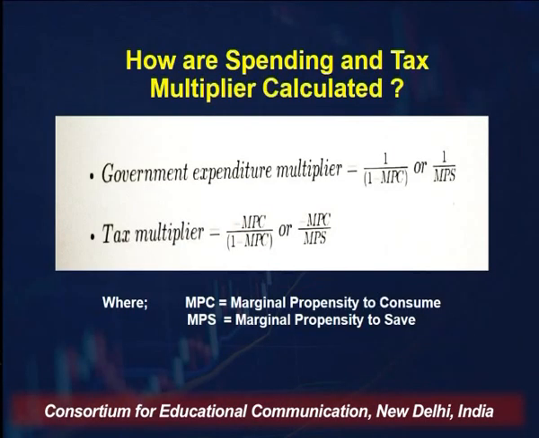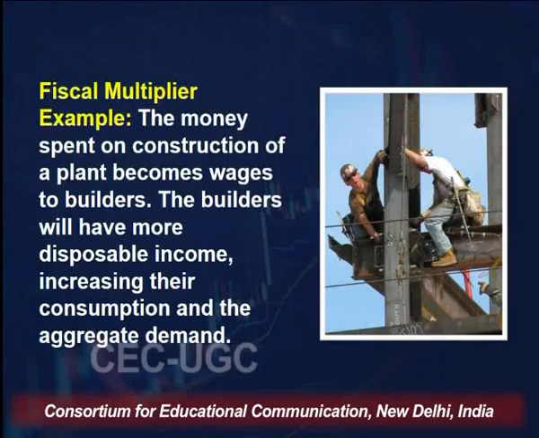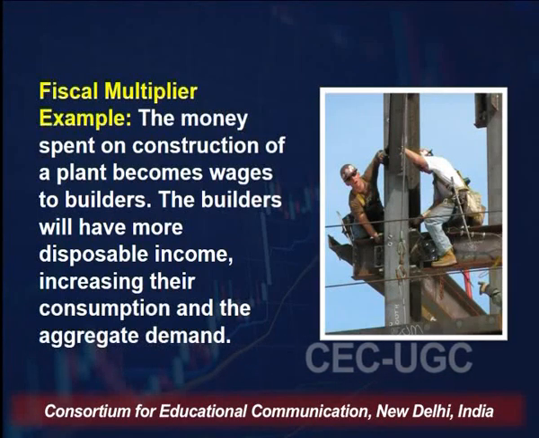The money that is saved does not contribute to the multiplier effect. So if we see the tax multiplier and the government spending multiplier, the government expenditure multiplier depends upon the MPS and MPC, so it will be 1 upon 1 minus MPC. The more the marginal propensity to consume, the higher the multiplier. And the tax multiplier is MPC upon 1 minus MPC, that is, B upon 1 minus B. So if there is a change in the tax rate, how much multiple effect there will be on the economy, we can see through this formula.